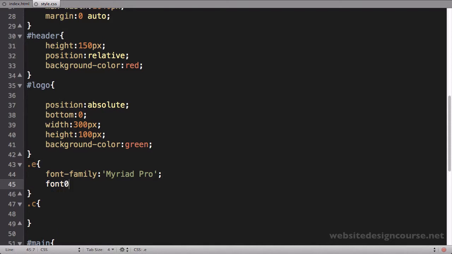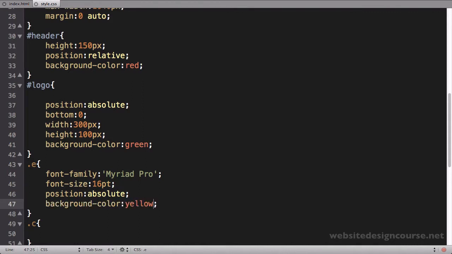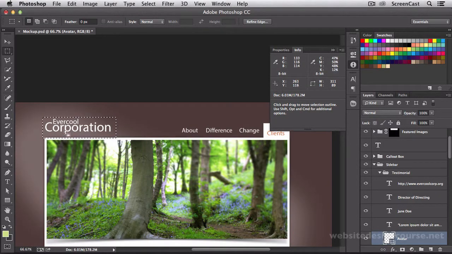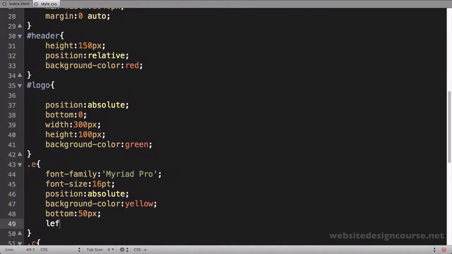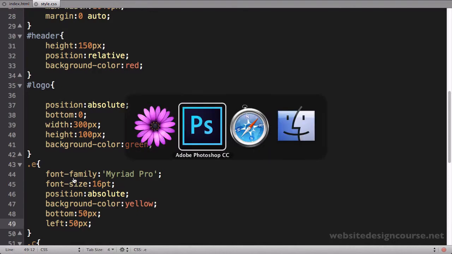Now let's set the font size here to 16 points, and let's position this guy as well. So we're going to position this absolutely, and I'll set the background color to yellow so we can see that. And we're going to position this, whoops, this is the E, so I'm just going to guess here, let's say 50 pixels from the bottom, and from the left edge. So this is the Evercool, so it's going to be up maybe 50 pixels, and it's over slightly, you can see, so maybe it's over, I don't know, 50 as well. Let's just guess for now. Left 50 pixels, and we'll save and refresh,